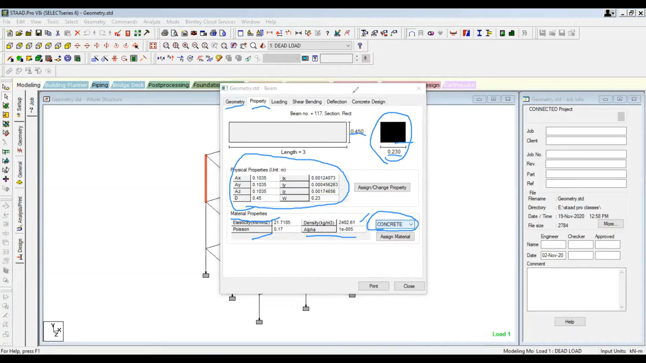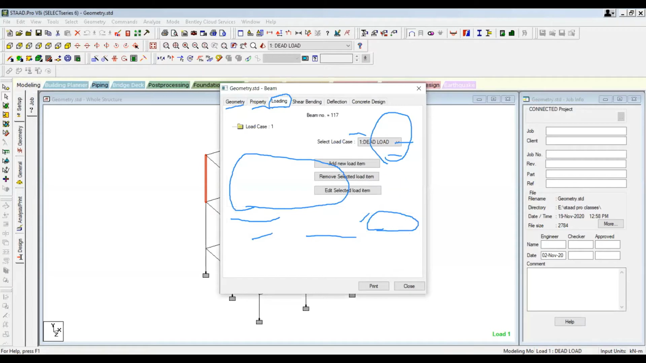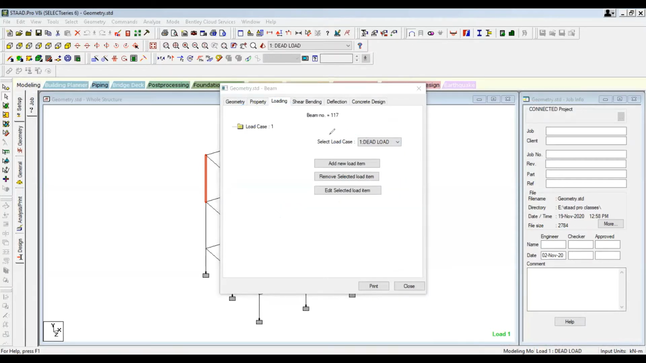And then next is loading. You can see that there is a loading option over here. If you click on that loading option, you can see the loadings that are available, whatever loads are there on this particular column. So in load case 1, you have dead load and live load. You are having 2 load cases. Okay. Then you can click on this shear